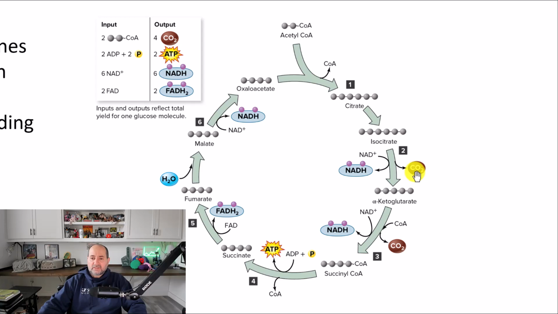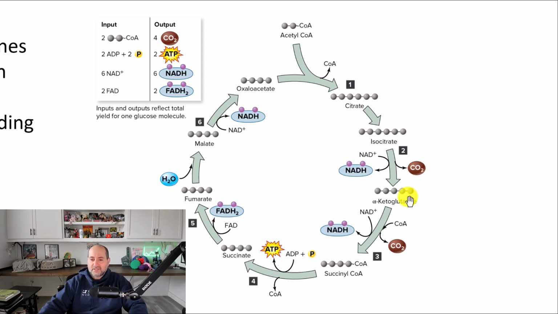And remember, these C's and these O's were originally on your sugar molecule, and the H's here were originally from the sugar. Remember the big picture? The H's are being transferred to these carriers so that they can carry the H's to the electron transport chain, in stage 3, also known as oxidative phosphorylation. And this causes the C's and the O's to get released as gas that we exhale,